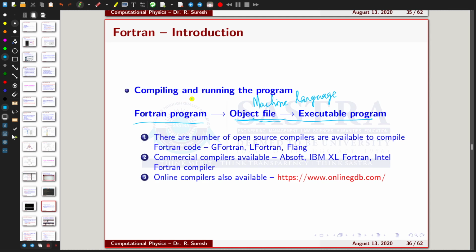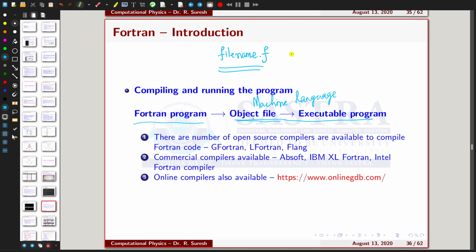Before going to compilation, suppose you are writing the program in any personal computer text editor. You first have to write the program, then save it. For saving the Fortran program, you write the file name with the extension .f. If the Fortran is version 77 or earlier versions, you have to use this file name extension.